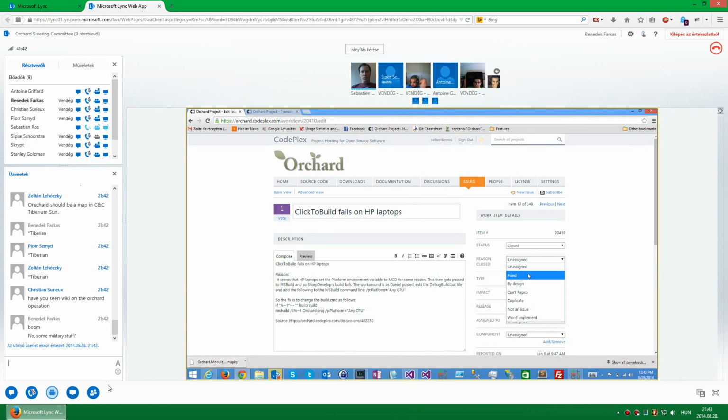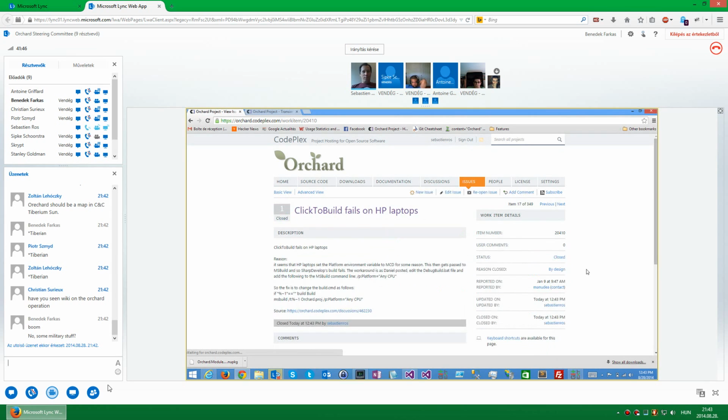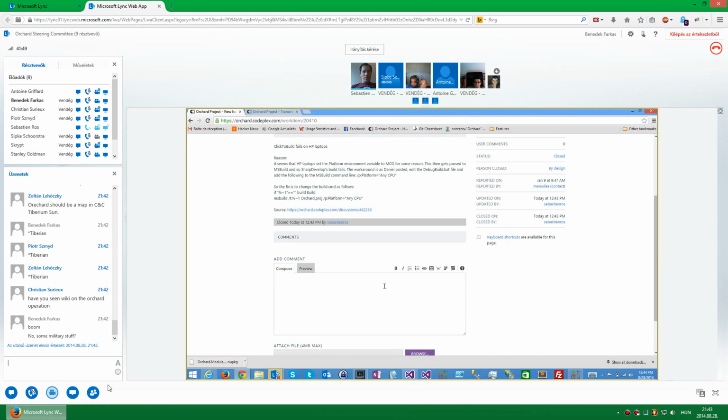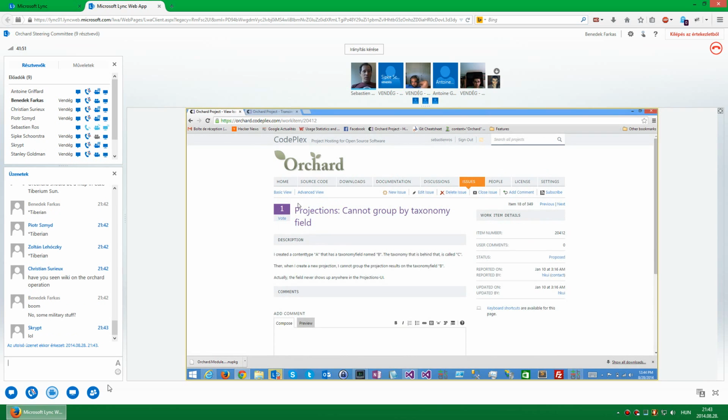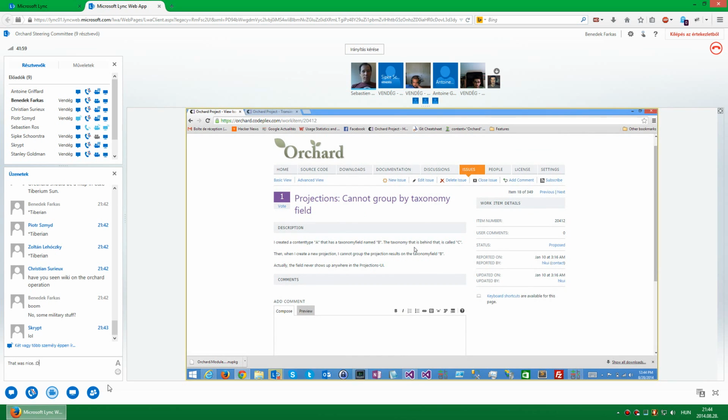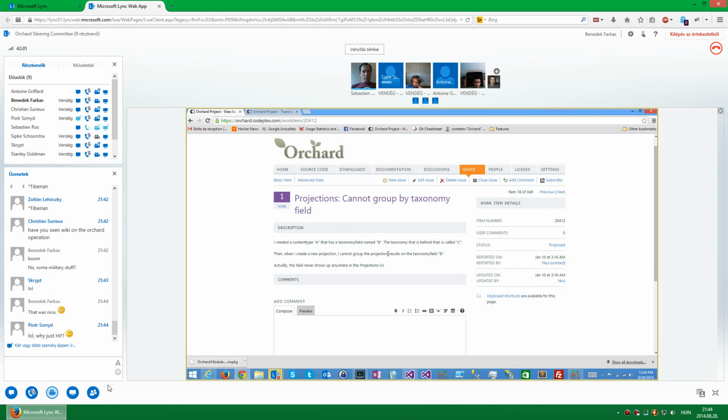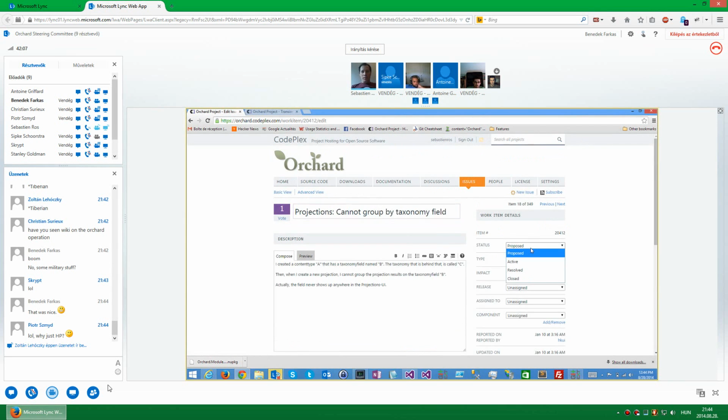Closed by design. We don't work on HP laptops. Projections cannot group by taxonomy field. We'll open it.